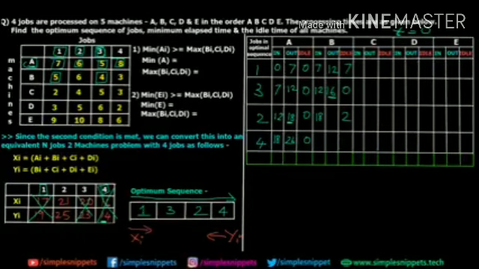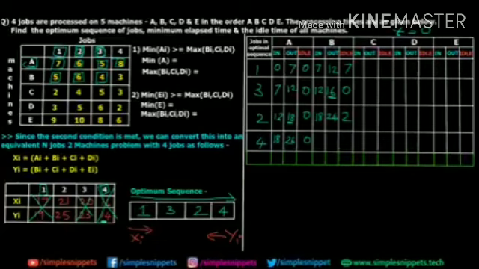So you can see even though machine B finished processing job 3 at the 16th minute, it still had to wait 2 minutes for job 2 to be finished on machine A. So that's why it had to wait 2 minutes. So I hope you're getting this. Now job 2 on machine B takes 6 minutes. So 18 plus 6, 24. And at the 24th minute, machine B has finished job 2.